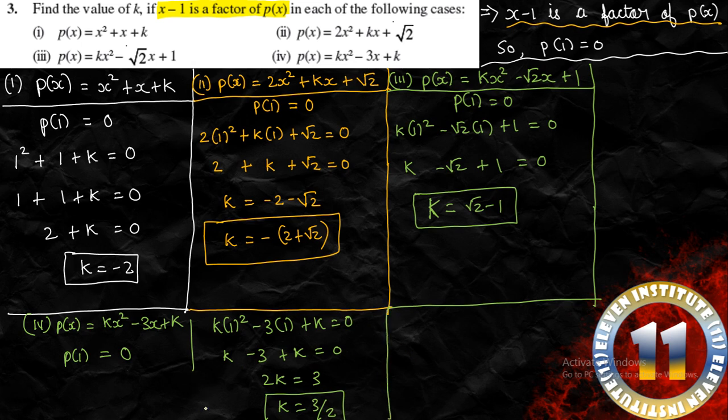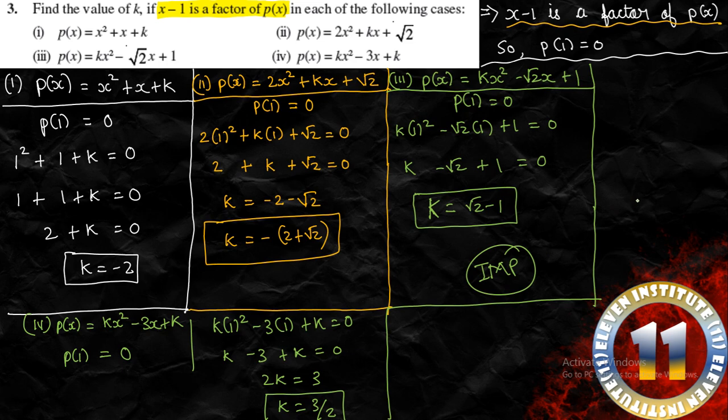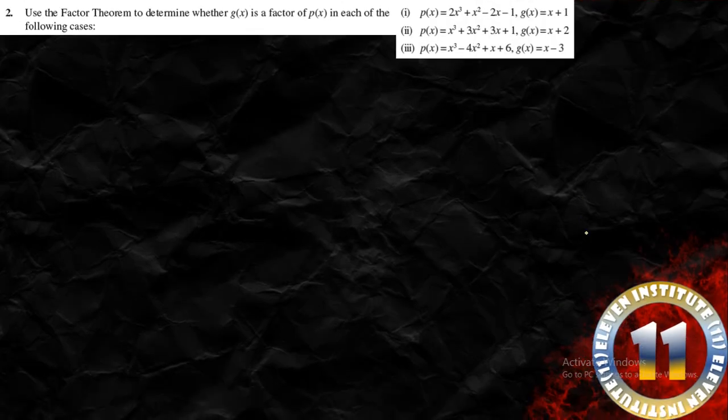Right, so very simple sum, but again I will tell you that this is important for 1 mark and 2 mark questions from the examination point of view. Please pause the video and write this down in your CW. Alright, I hope you have written this and you have tallied with the homework that you have done. In case you have made any mistakes, you can correct them. Now we will see question number 2. Right, let us read the question first.